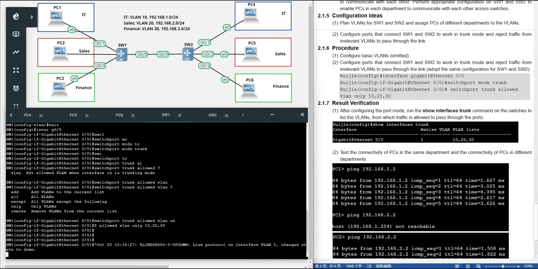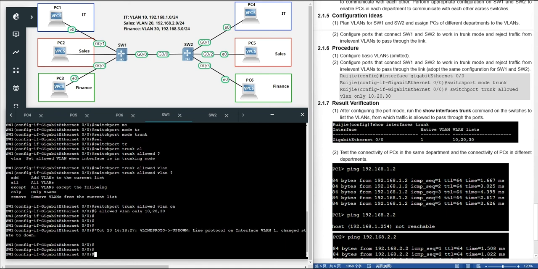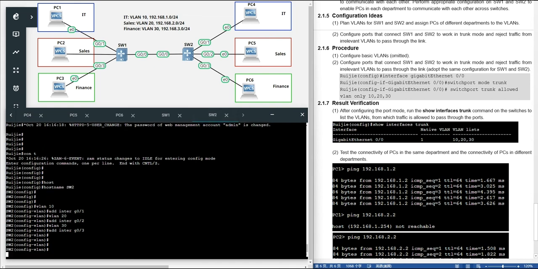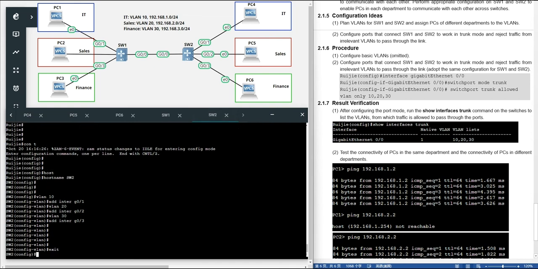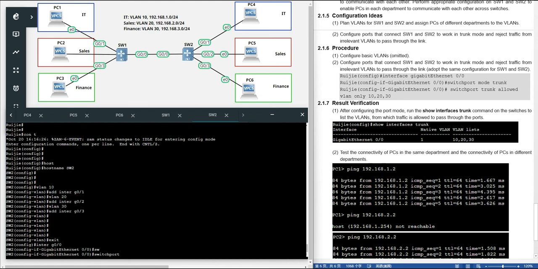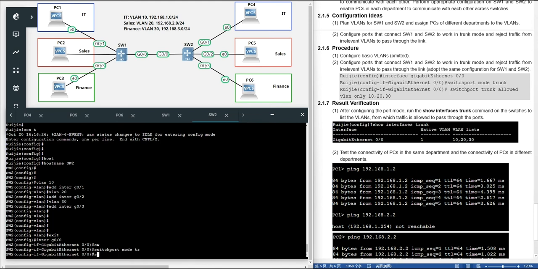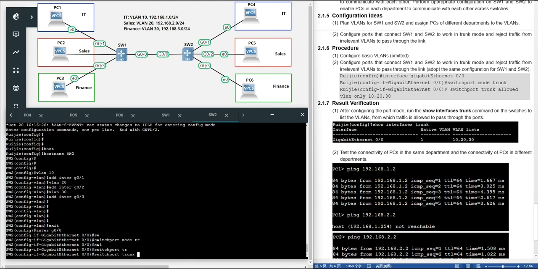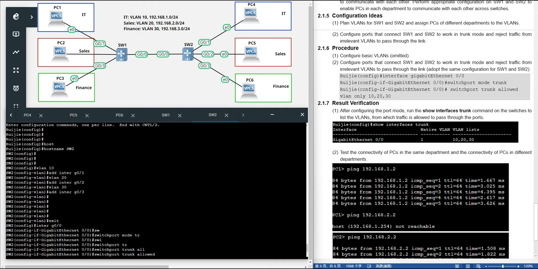Okay, so this is the configuration of switch 1. And about switch 2, also exit, and enter into gigabit 0/0 to change the mode to trunk, and switch the trunk to allow only VLAN 10, 20, and 30.